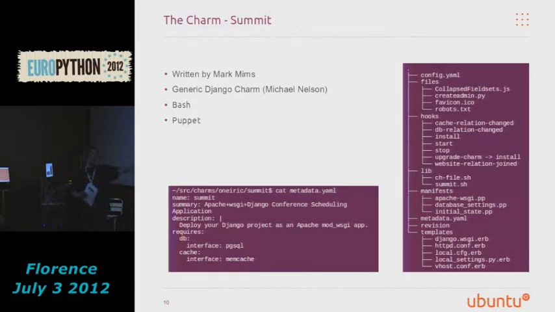If we look at the metadata on the left-hand side, we can see that it requires a PostgreSQL database, and it can also talk to a Memcache server as well. I think the key message here is that the production of this charm has been about consolidation of knowledge from the Summit application developers and the canonical IS staff who've deployed Summit in the past into a single charm. And pretty much anybody, including myself last Friday when I was preparing for this presentation, can pick up and deploy onto the provider of their choice using Juju.